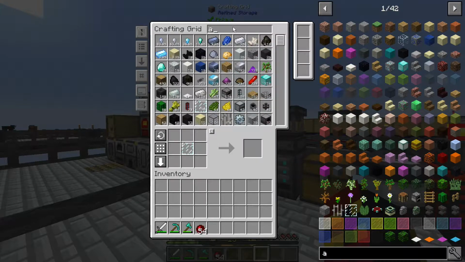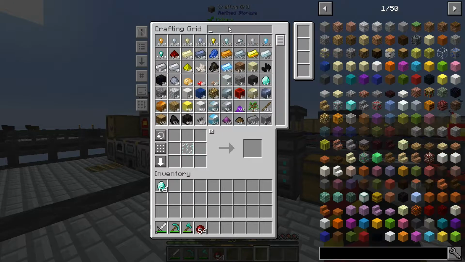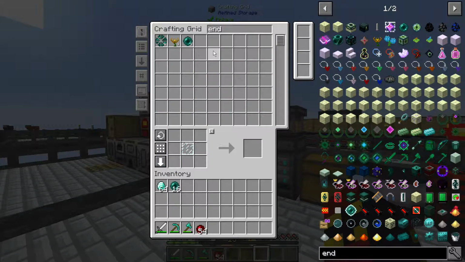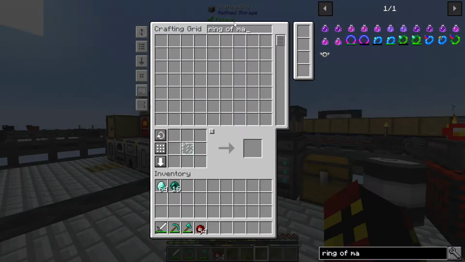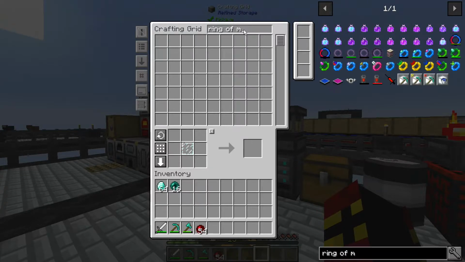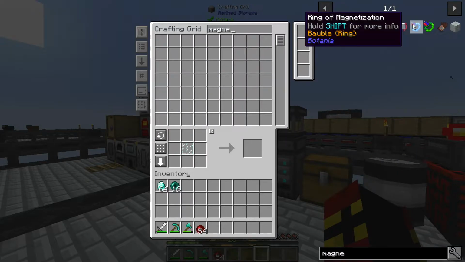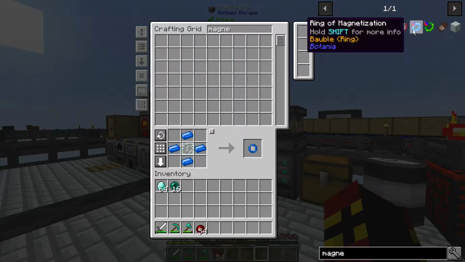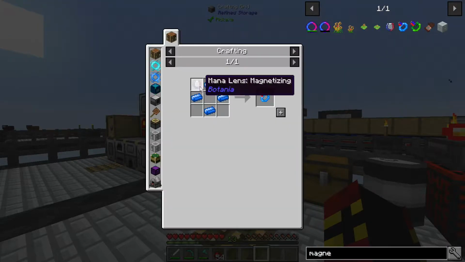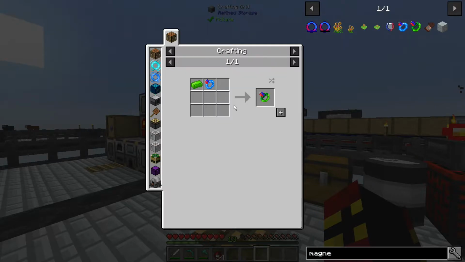So let's get this ring of... I thought that was mana. Ender pearl. Okay, yeah, let's get this ring of magnetization, and then we'll get this greater ring. Let's just type in magnet. I hate the fact that it doesn't work how you'd expect it to work. Okay, so first of all we need this mana lens. That's easy. Then we need the mana lens of what? Magnetizing. Then we need this, and then I need a terra steel ingot, which